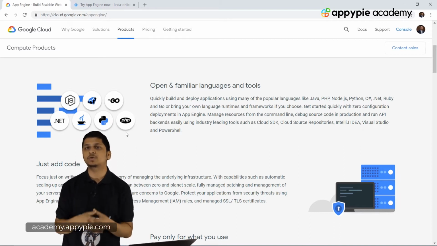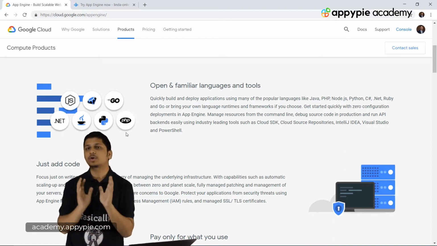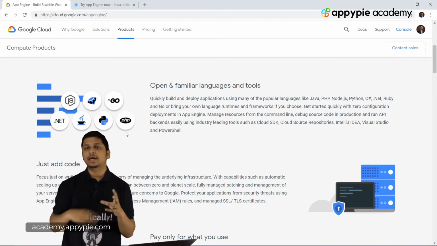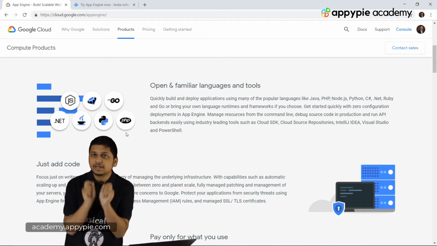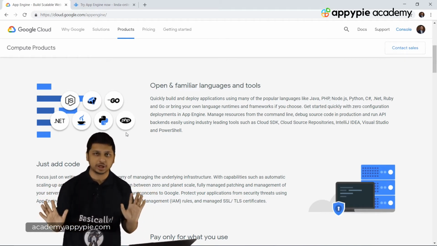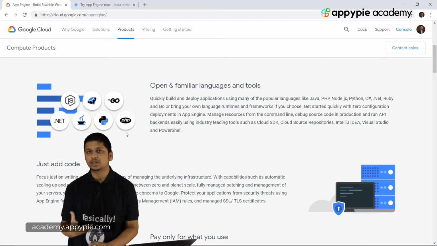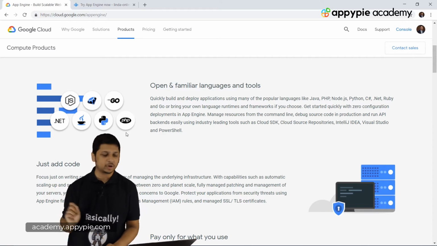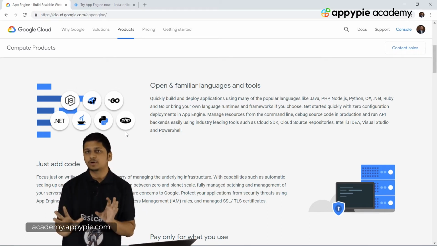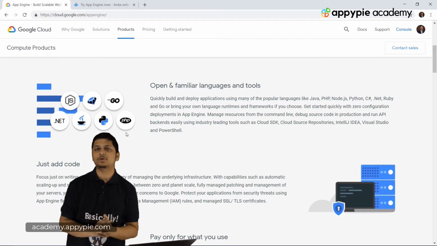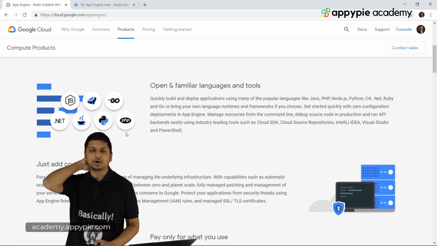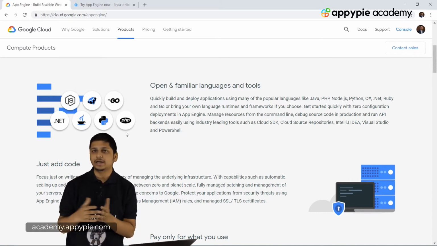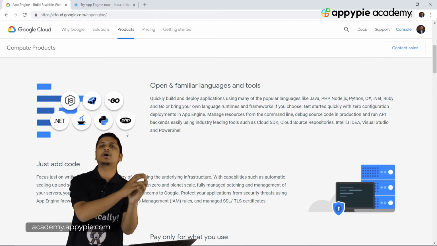Okay, so in the case of Google App Engine, you write all of the code, and then you list all of the dependencies in the requirements.txt file, which specifies all of the requirements for your particular project. Okay, then in the case of Compute Engine, if you were to install any requirements for your project, you have to do it one by one. So you have to run a command like pip install or pip install TensorFlow, and then that command is executed and the package is installed on your system.